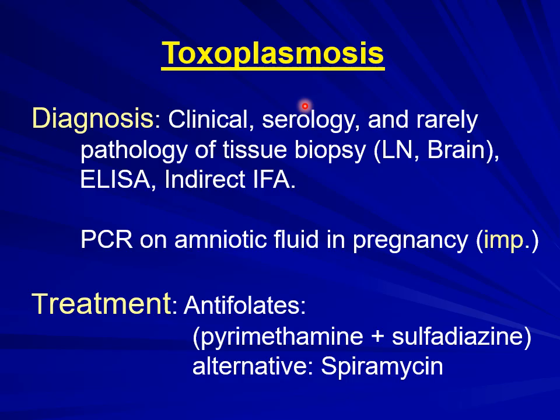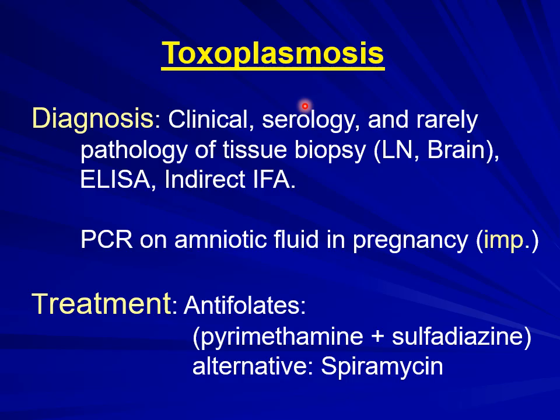Whenever IgM is positive, this means that the infection was acquired and this infection was recent. Whenever we find IgGs against the parasite, this is usually an old infection and the person is immune against this infection. So whenever we have a reinfection, those IgGs are capable of getting rid of the new infection.